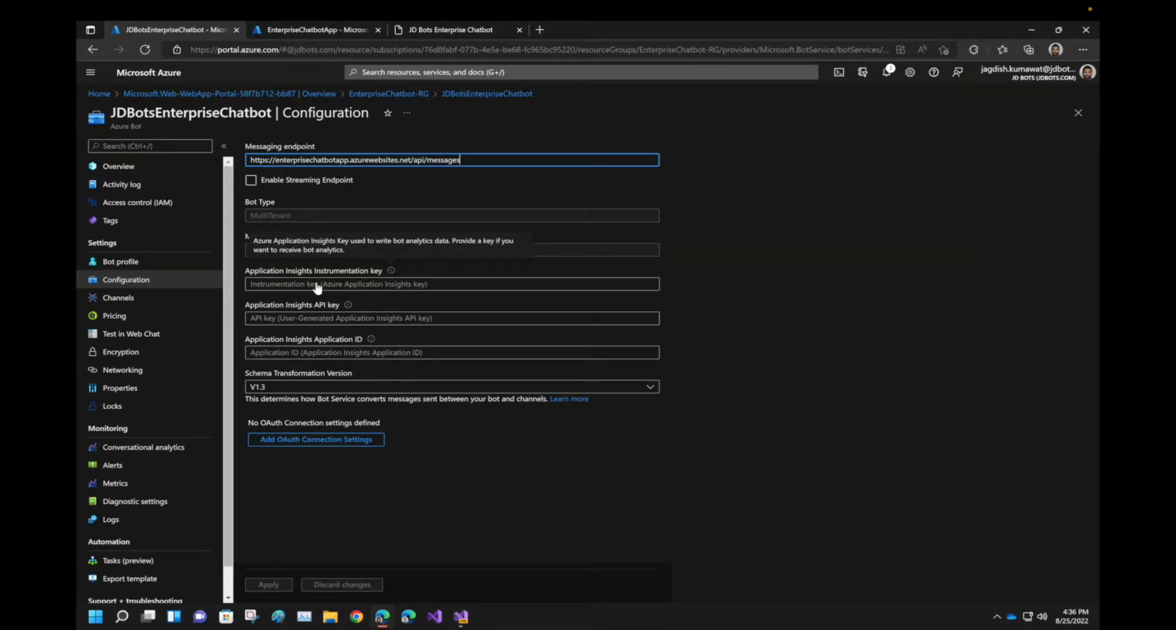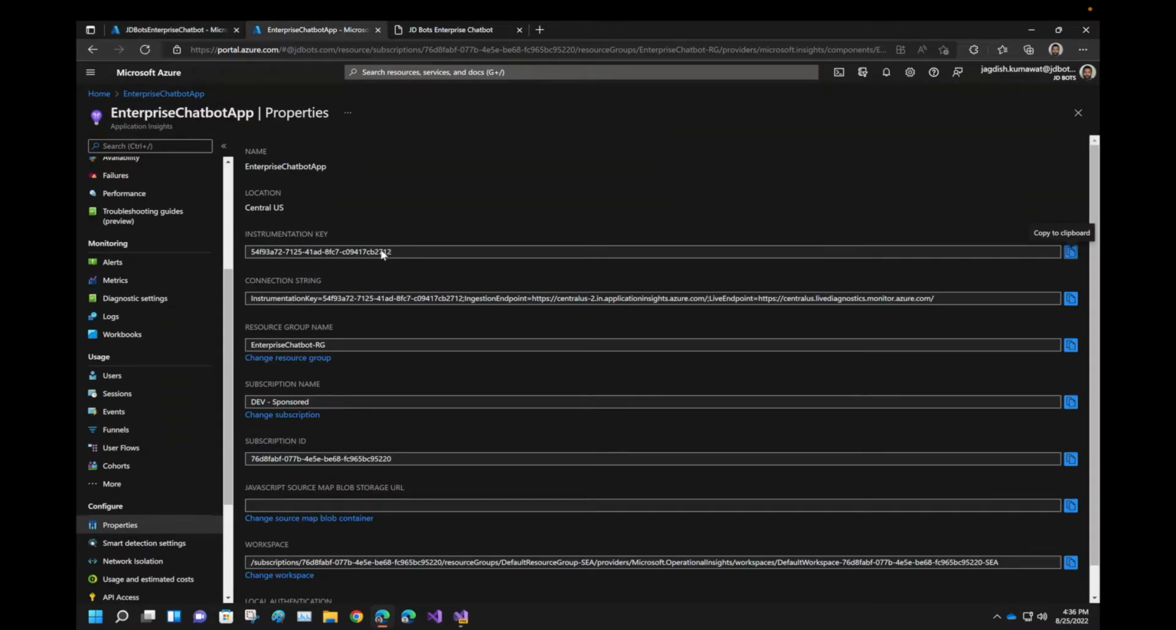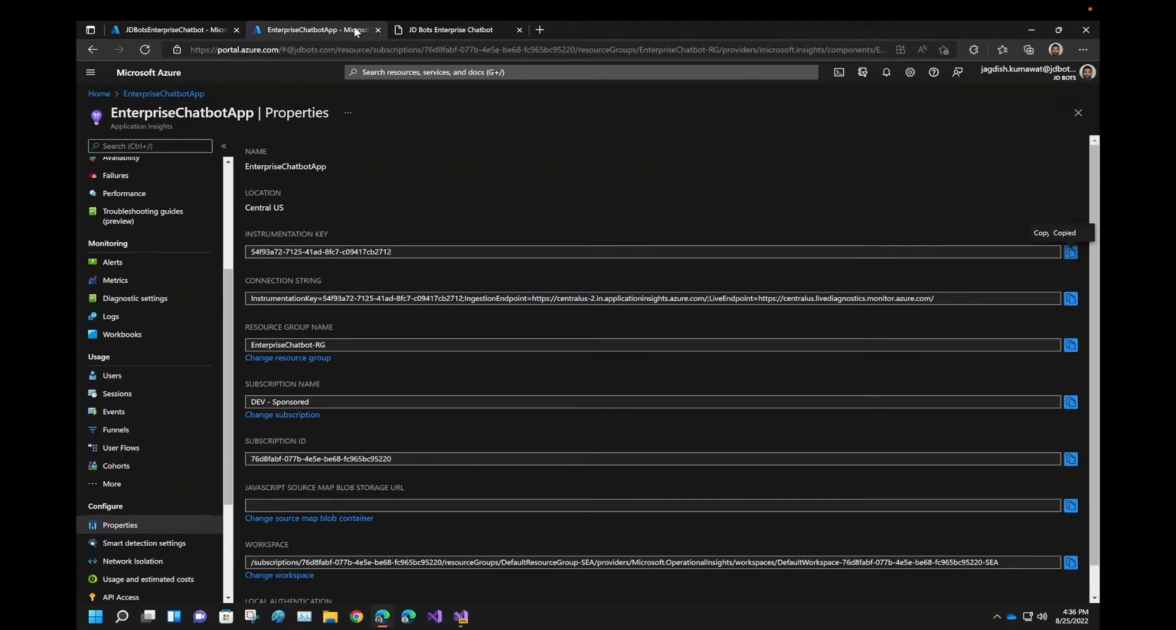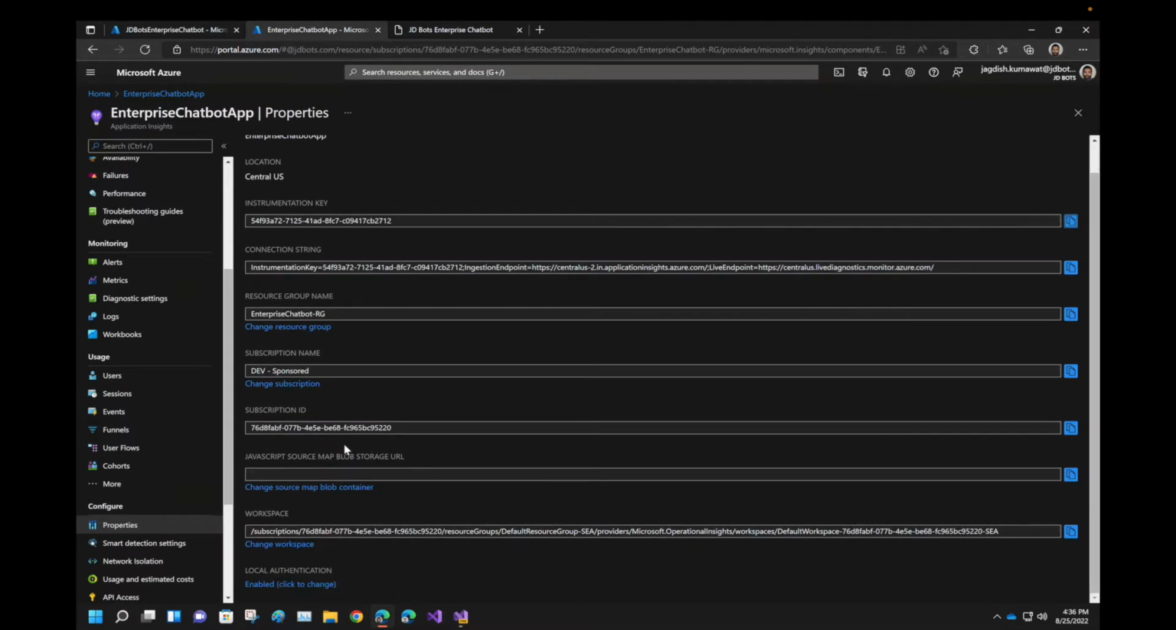Yeah. So here it is asking me for the instrumentation key. It is available up here. You come to application insight, you go to the properties, and you will find all the details. I'll just go here and paste it. Then it is asking me for the API key. The API key I can just put in later. Let me put the,